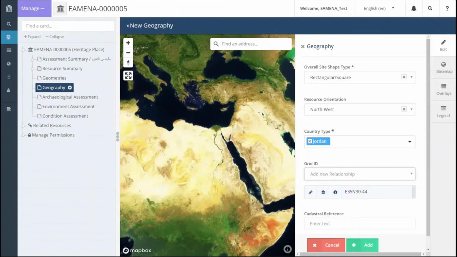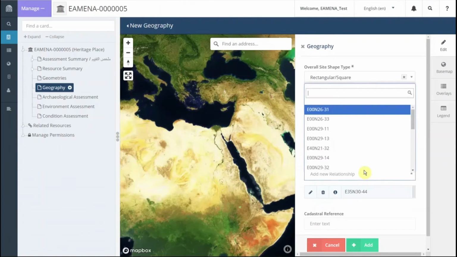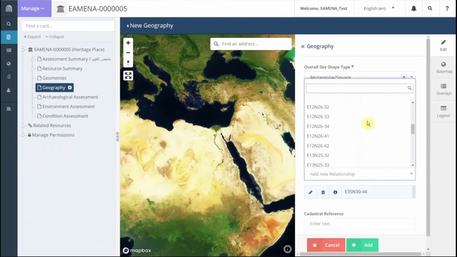If your grid square is not in the drop-down list, you will have to create a new one. But please first double-check carefully that you have typed the correct grid number to ensure that it does not already exist. In fact, most EAMENA grid squares have already been entered. If you are sure that the grid you are looking for does not exist, then you can create a new grid square.